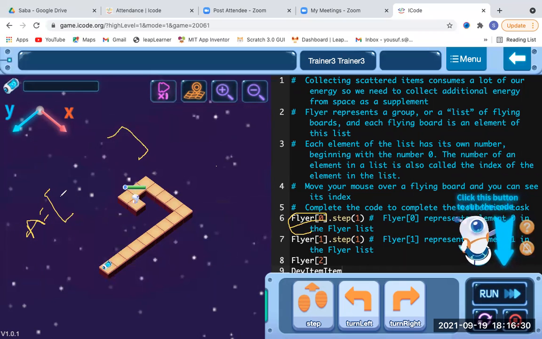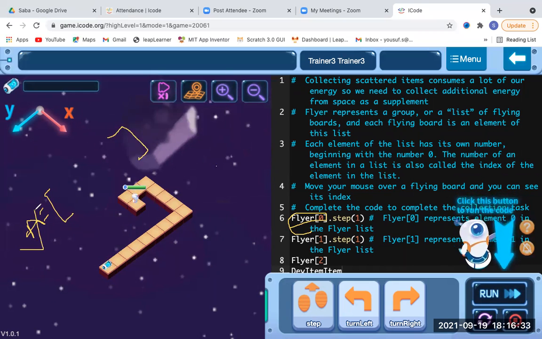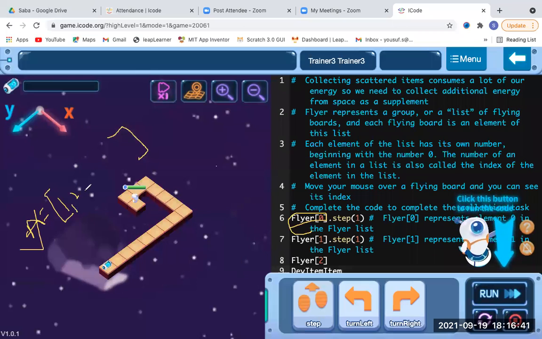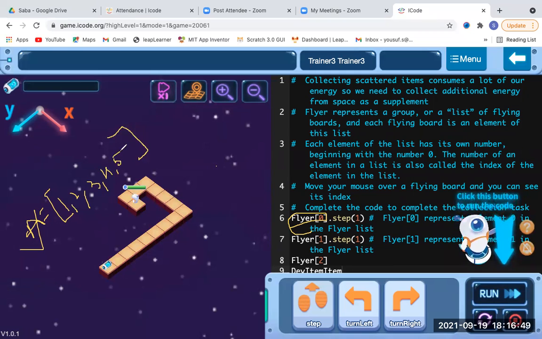Now if this A is a variable containing these different list items, like 1 comma 2, comma 3, comma 4, comma 5, all these are list items. Keep in mind the list items in Python are always inside square brackets. A question might come up: what is the specific name of the bracket used in list form, or flyer form? Then you have to specify that the name of this bracket is square bracket.